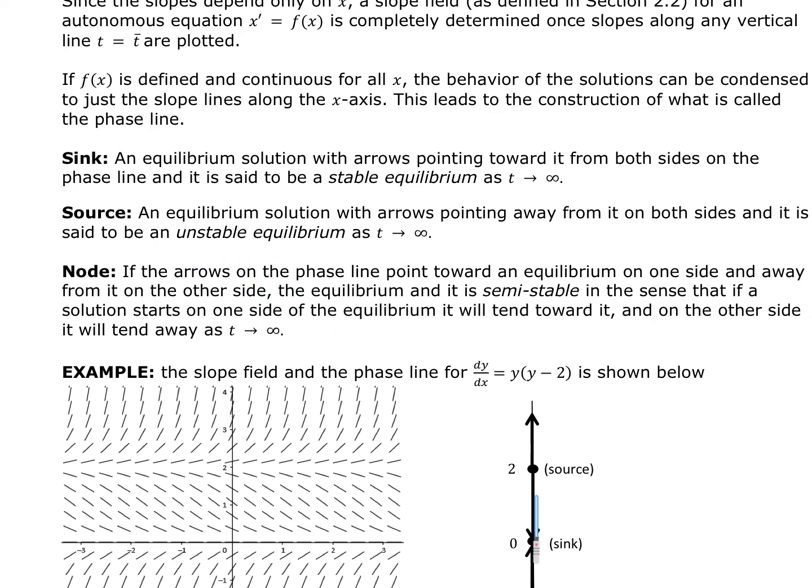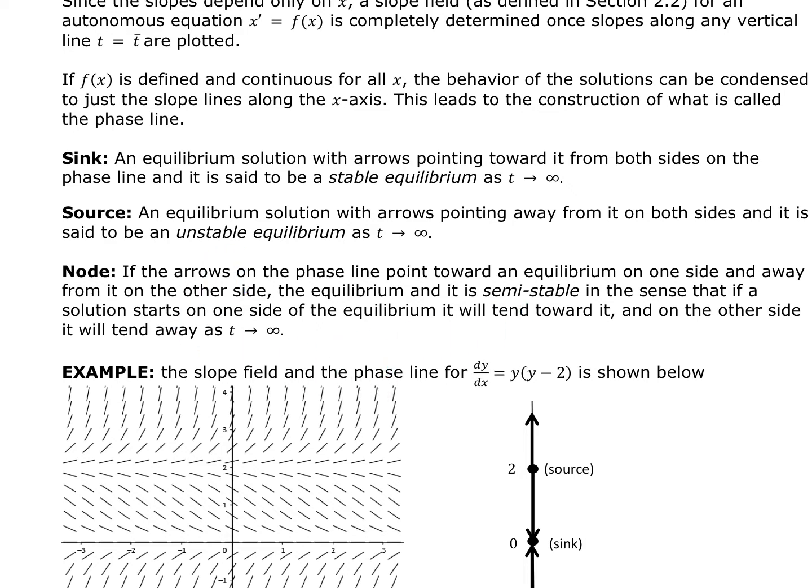So in other words, they're both pointing away in this graph right here. We see this as a source. And then a node is when one is pointing toward and the other one is pointing away. That's a node. And then we say that a sink is stable, a source is unstable, and a node is